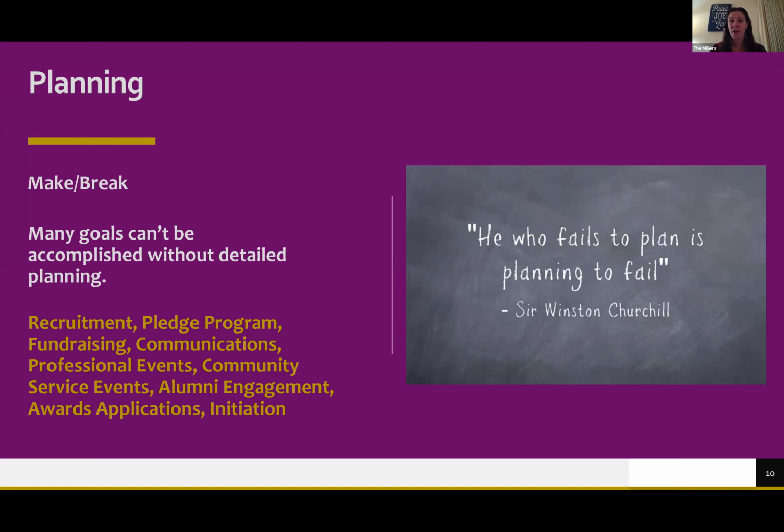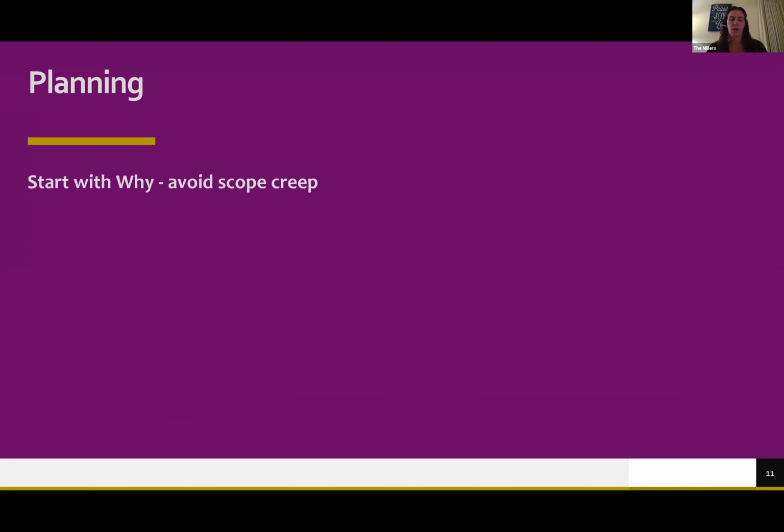And so those officers are really responsible for creating a detailed plan around each of those areas. So when you as an officer are creating that detailed plan, I encourage you to start with your why and come back to it. So what is the purpose or the goal of your event, of your project, of your task? Going back to that why and going back to that purpose really helps you avoid scope creep. And if you remember, again, going back to our iron triangle, if scope creeps, then we're going to have an issue with our time or with our resources.